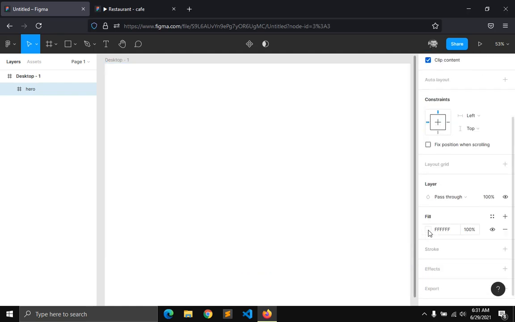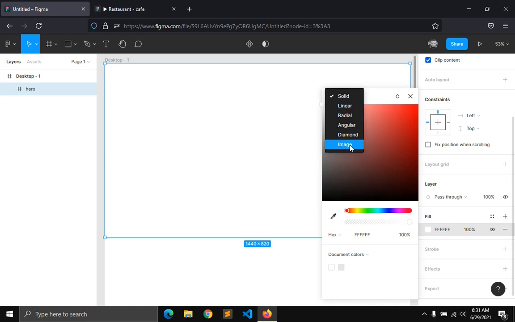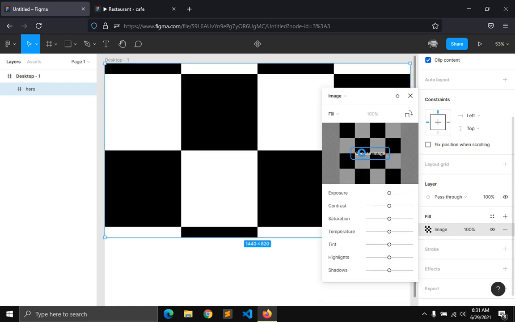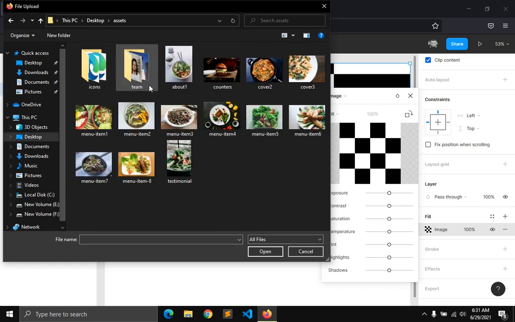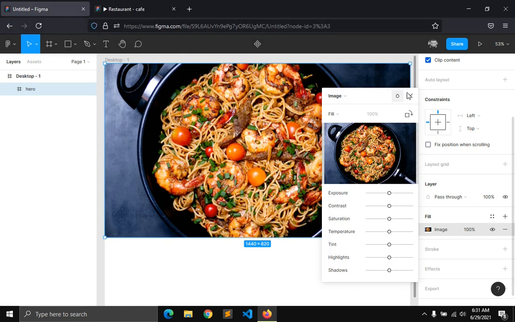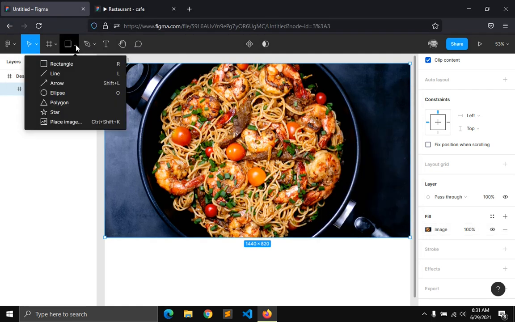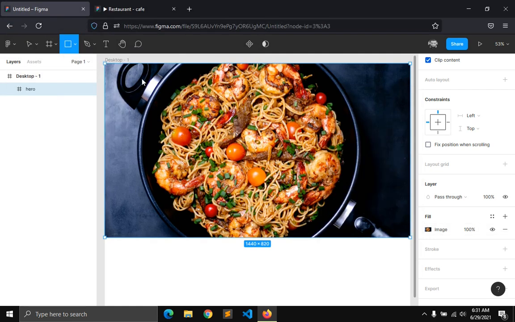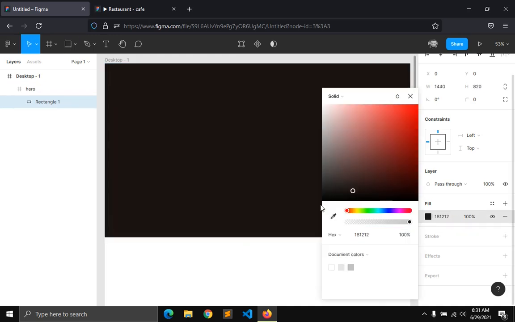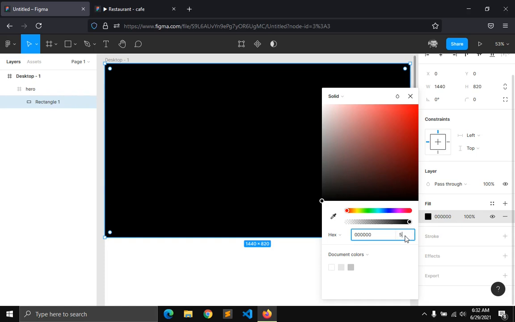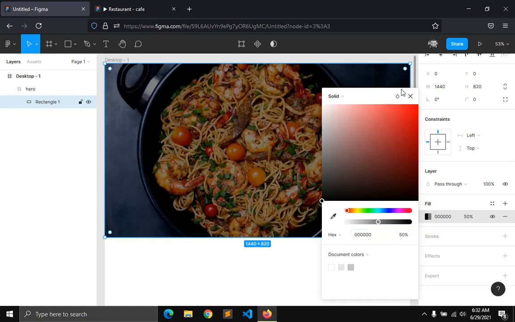and then click on the fill color, and then click on the image, then choose image. So I'm going to go to the desktop and select this image, which is this cover image, and at the top of this image I'm going to create an overlay. This is going to be my overlay, so the opacity for this is going to be 50%,